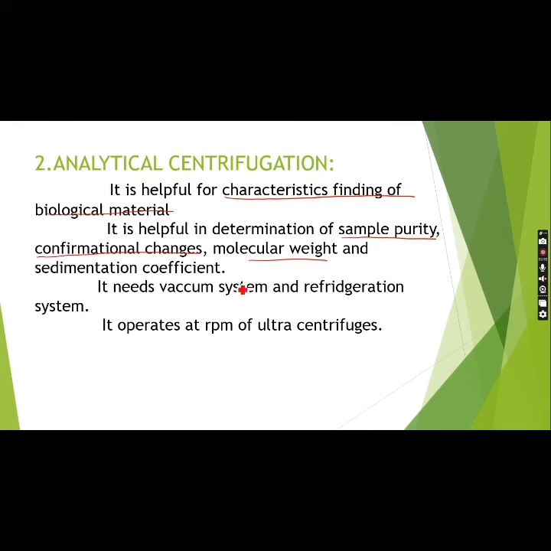Due to the highest amount of purity, even a small type of impurity is not possible. It's because of its high RPM. Among the other centrifugations, analytical ultracentrifugation is going to have a high RPM, so that it will produce more heat. So the vacuum system and